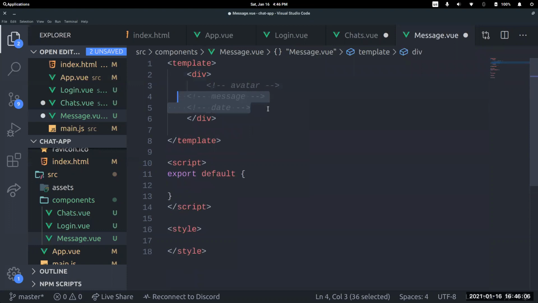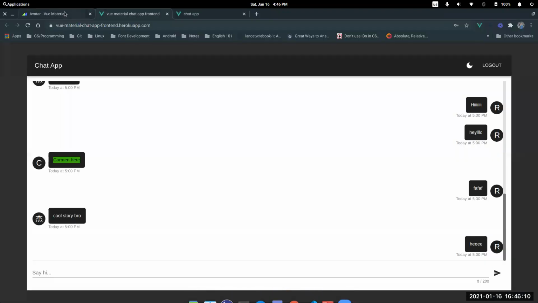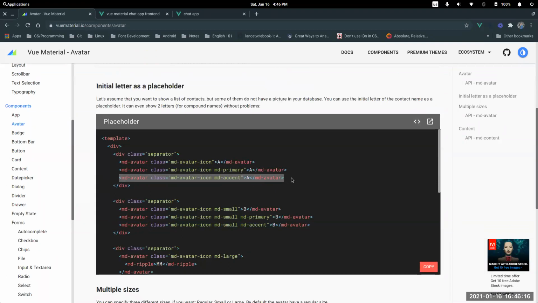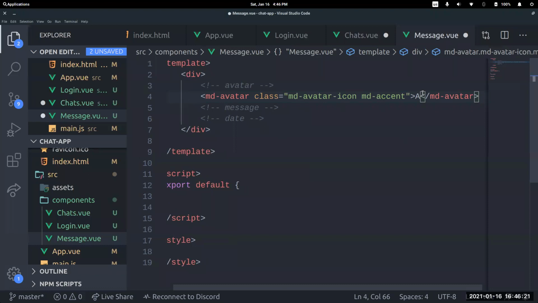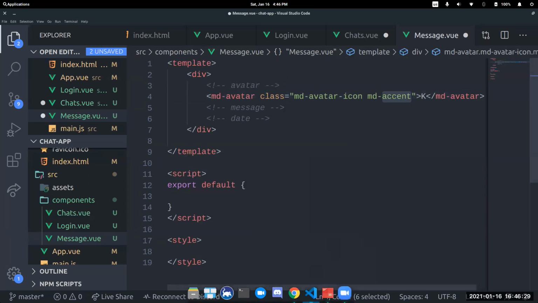Then in here, we first need to have an avatar, right? So the first avatar that I want to use is this little A icon, this guy right here. Copy, paste, simple, right? I'm going to say this to K, and then the accent is the red color, which is fine for now. All right, now if I save,